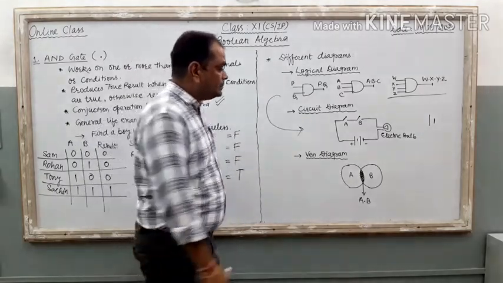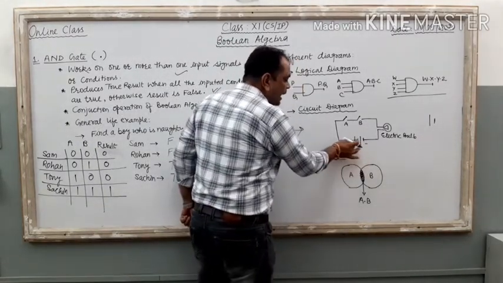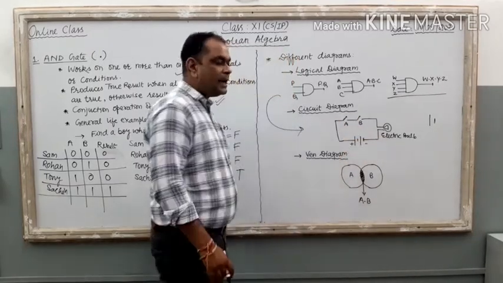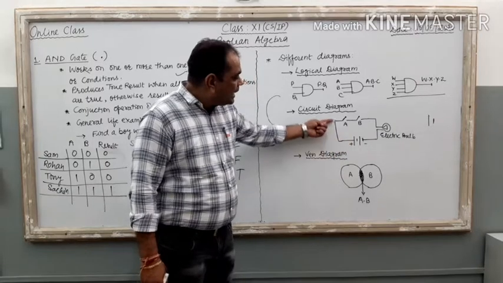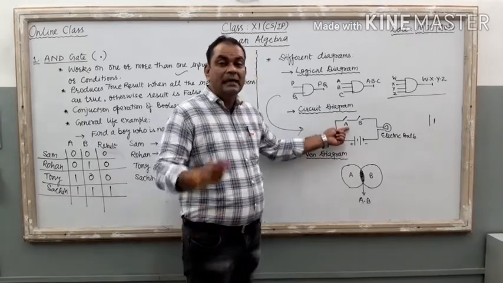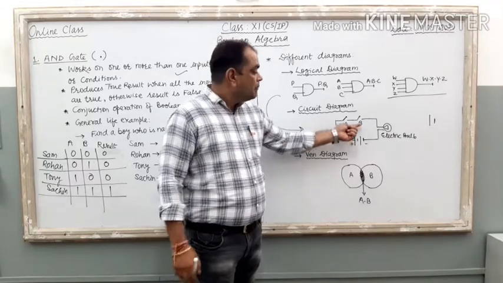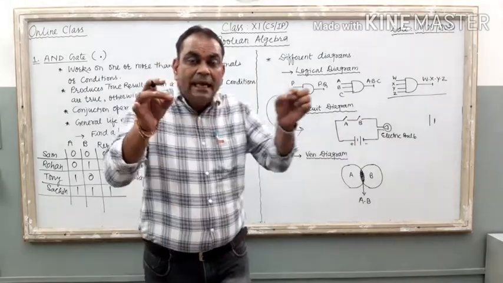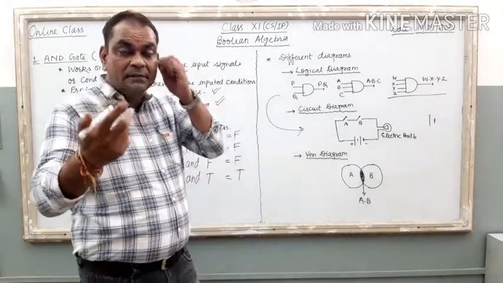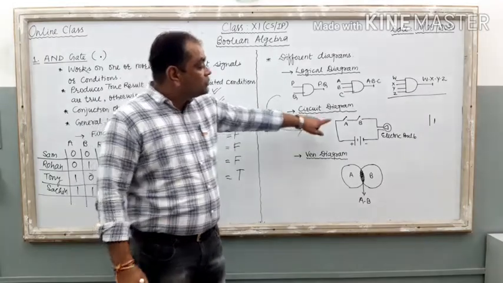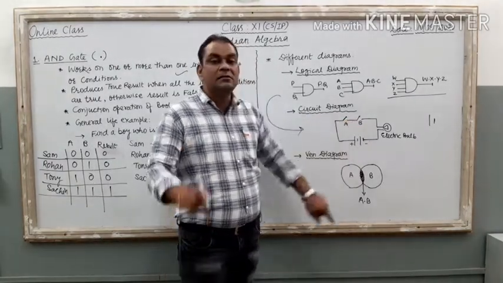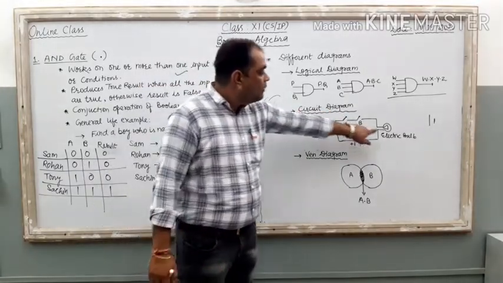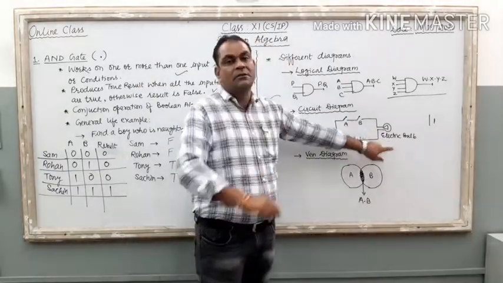Now, in this circuit, I use one battery, and these are the wires of this battery. The wire is coming out from the battery, and here A is the first switch, B is the second switch. Both the switches are in serial order. There are 2 different orders in physics, serial order and parallel order. Serial order means one after another. And here one electric bulb is also attached to the circuit.